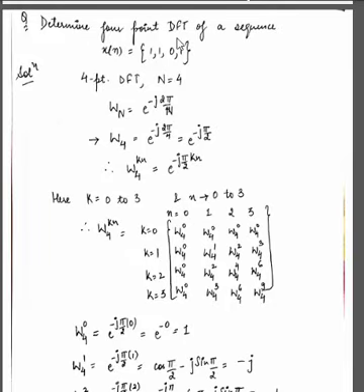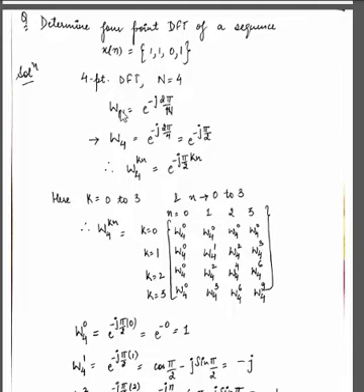Now we have another example in which we have to find out the 4 point DFT of a sequence. The input sequence is already given, we don't need to find it. So x of n is already given, that is equal to 1, 1, 0, 1. It's a 4 sequence, that means it's a 4 point DFT, so n is equal to 4.